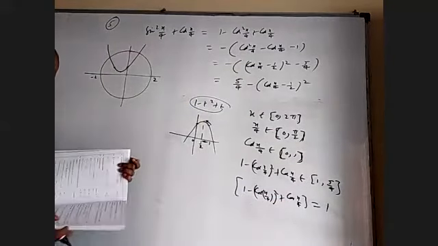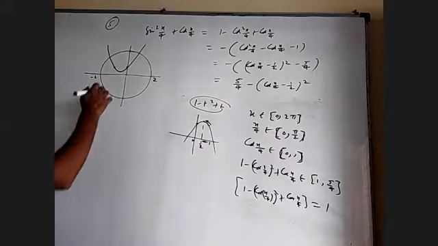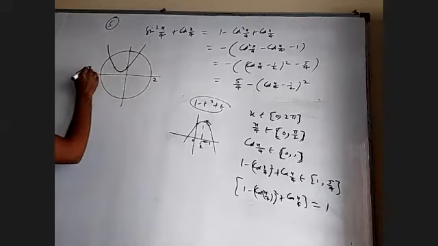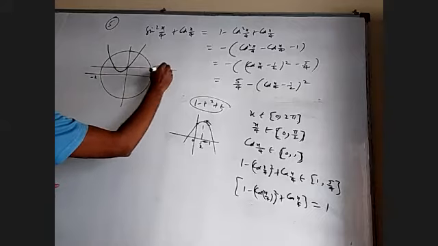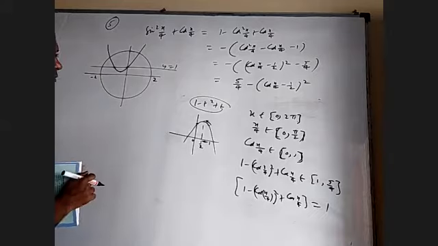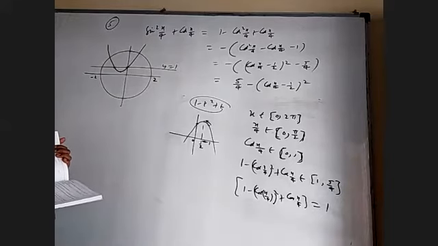So you don't have to worry about that integer part of sign and all that. It is always constant 1. So where is that 1 also? I have to notice. 1 is this one. Okay, this is that line. This is y equal to 1 line. Right side, left side same, because even here also cos values are positive only between 0 to 1. Okay, now what is that they want then?